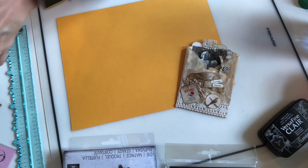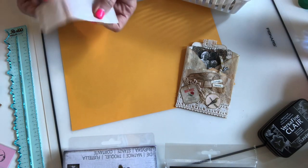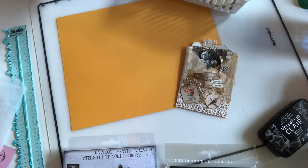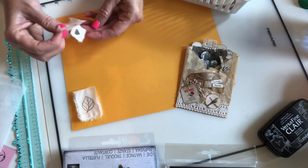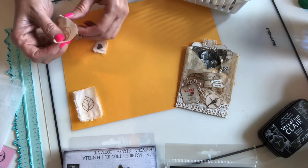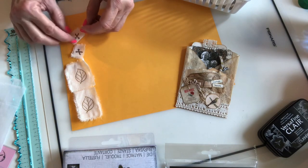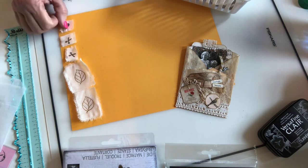I bought material, you guys, and I wanted to, oh, and look at that little glassine bag. That's from Julie. I'm going to do something with that. I wanted to stamp on material. So I bought muslin, I think it's called. You guys, go ahead and laugh. I'm not a sewer. I just got my sewing machine for Christmas, but